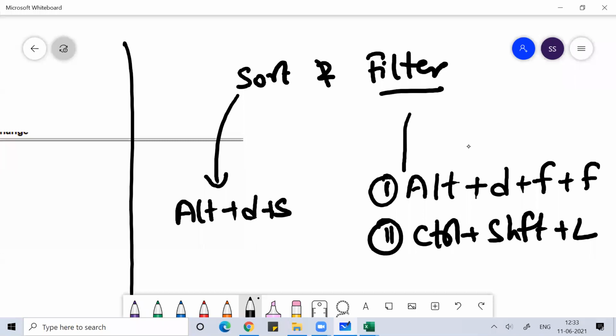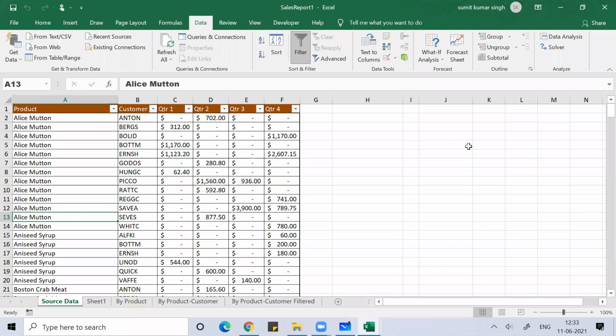So what you can do, you can use this Alt DFF. This is what I did. This is not what I expected. Something else happened, guys, so nothing to worry. Control Z, time machine. Excel has a time machine. You can go back. Control Z, undo. That means undo. Whatever you did, you just erase that. It's like a time machine.